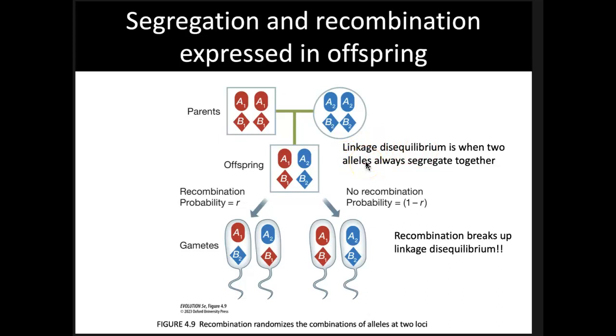situation where, usually because these alleles are located close together on a chromosome, they're always going to be segregated together. And when this happens, genetic variation goes down, because the linkage disequilibrium basically causes these to always segregate together. One of the ways that we can break this up and increase that genetic variation is with